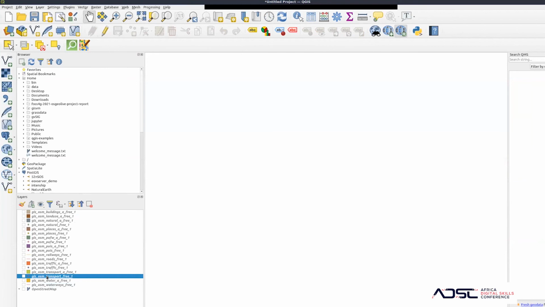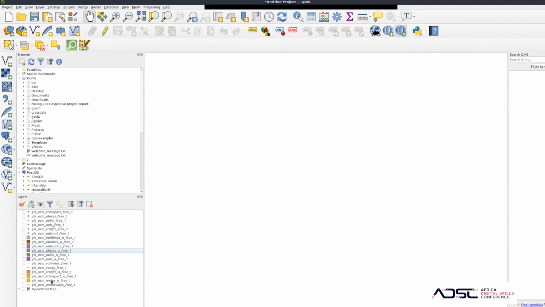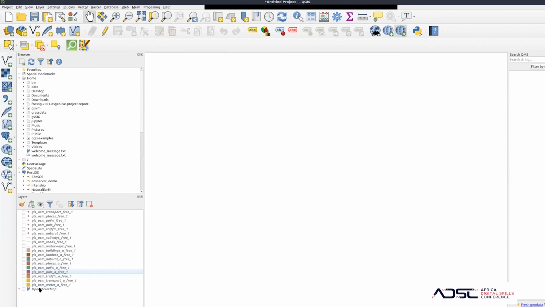So in your GIS, when you are working with data, you want points to be up because if they are below the polygon, they'll be hidden. So I'll just select all the points and then move them up. And then next, I want the lines up, and then the polygons can be there. So we can turn on